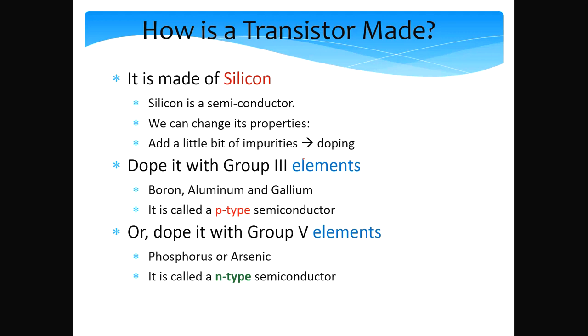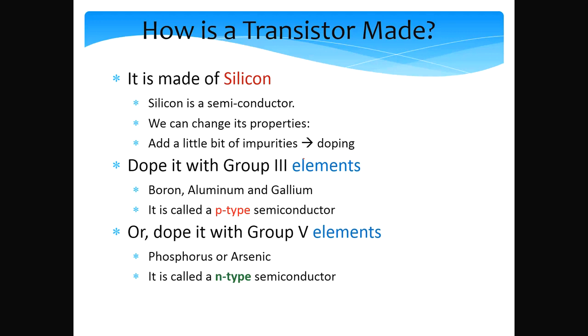And how is a transistor made? Transistors were previously made with different technologies, but for the last 40-50 years, they have been made of silicon. Silicon is a basic element of sand. It's a brownish, grayish material. It is a semiconductor, which means that it's not a conductor and it's not an insulator. It lies in the middle. The fantastic thing about silicon is that it is possible to change its properties.